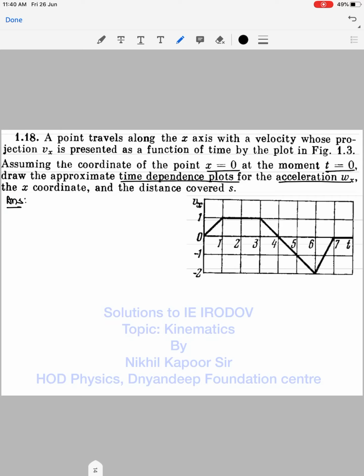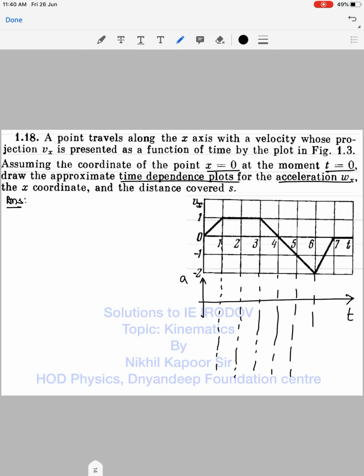Let us do it for acceleration. So I will draw the graph just below this. So let us say this is our graph, that is the acceleration time graph, and I will take the same time intervals. I will project it downward, the same intervals: 4, then 5, then 6, 7. So the motion is for 7 seconds only.